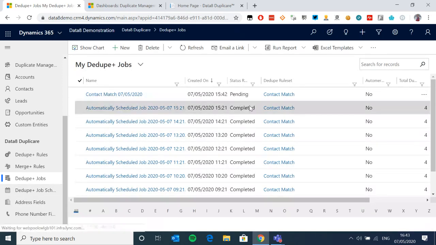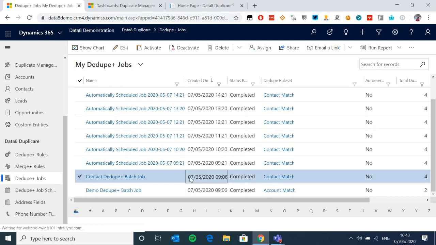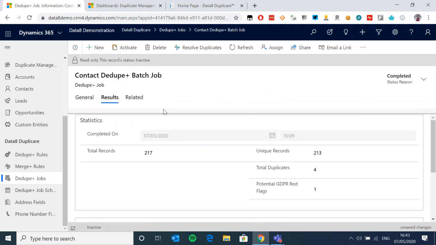Once I've done that, you can see I've got some pending, and thankfully I've got a bunch actually completed because I've been playing with this. If I go to a completed job instead, I see the same window now, but I've got a new tab. The tab's moved in the UI, so it always confuses me. And now I have a results tab that's visible.